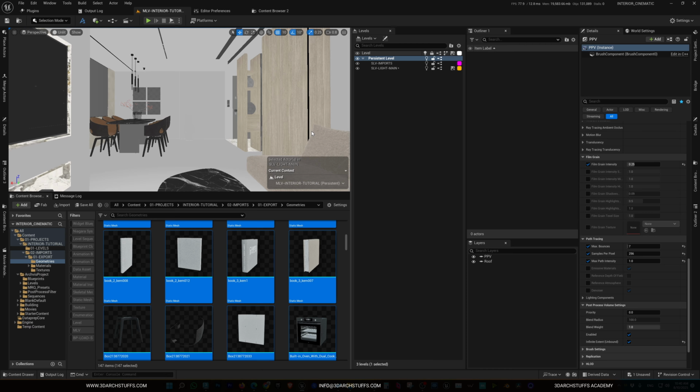So as you can see, before I even start adding any light, we are done with the basic post-process settings, setup, basic system optimization, collision, setting up the project settings, then going on the level and adding the plugins, and all the plugins that we have already activated, which we will be needing for rendering. So before we start lighting, we have done lots of things along the way. After all this, we are now ready for doing the lighting of the scene. Okay,